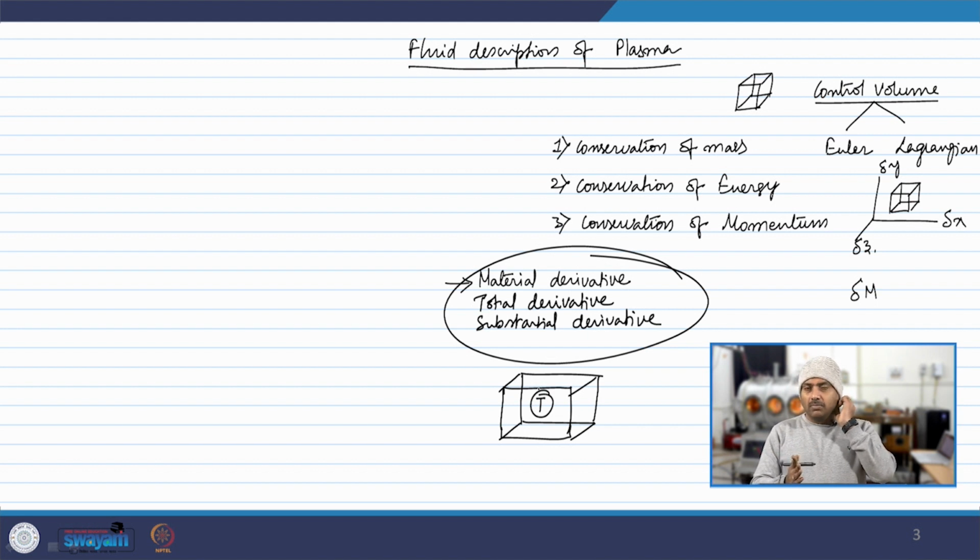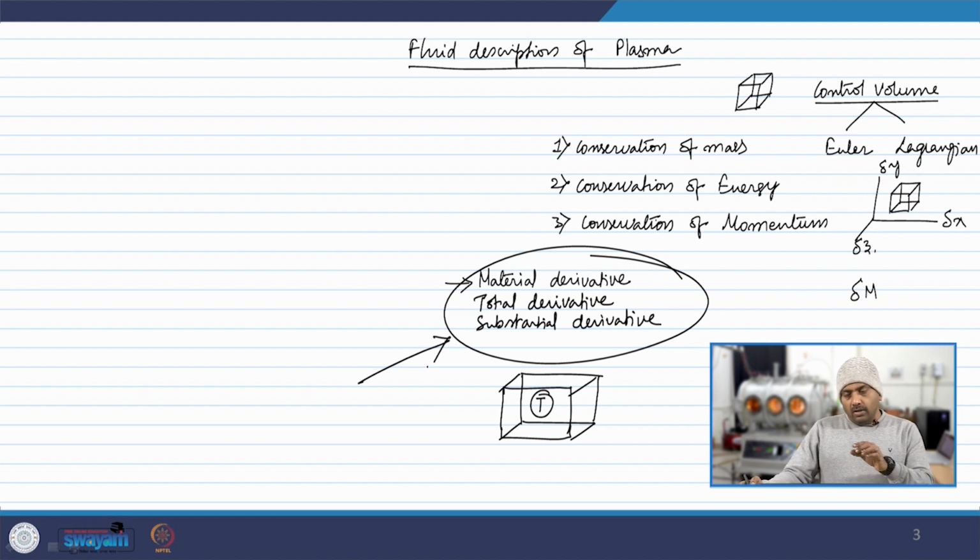Variation with respect to time means the fluid volume is there itself, but with time the fluid that goes through it is changing, so the physical parameter changes. Or the control volume is being displaced from one place to another, so the variation is now with respect to the position of this control volume, right. In order to accomplish a comprehensive picture of the variability of physical quantities inside the control volume, we define this material derivative or total derivative. This will include the variations with respect to space as well as with respect to time. Let us see how we do it.